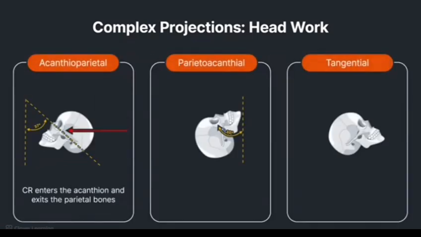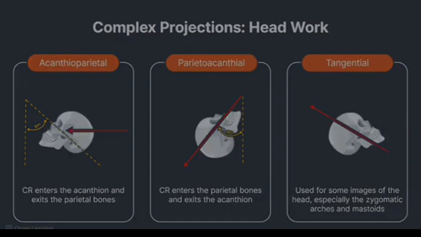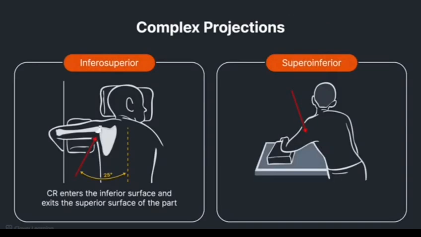Acanthoparietal. CR enters the acanthion and exits the parietal bones. And parietoacanthial. CR enters the parietal bones and exits the acanthion. Tangential is also used for some images of the head, especially the zygomatic arches and mastoids. Additional complex projections include